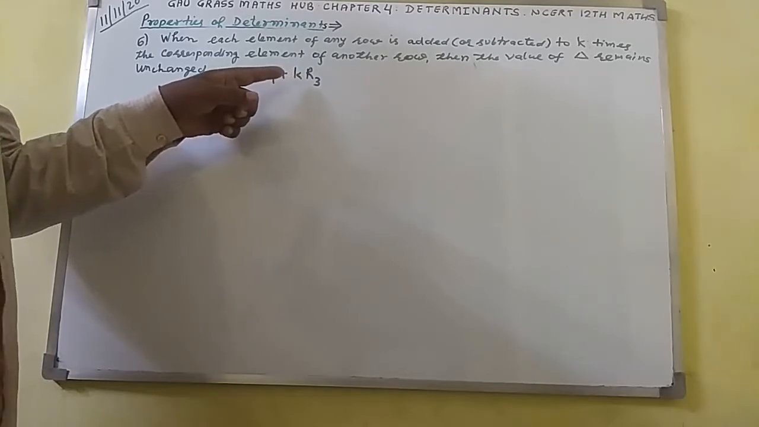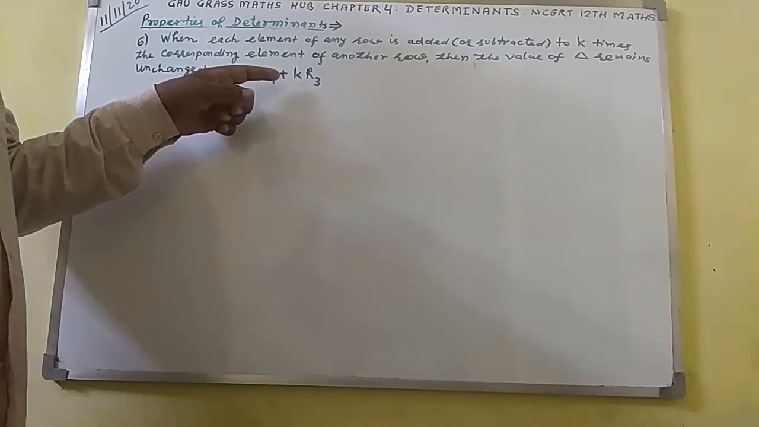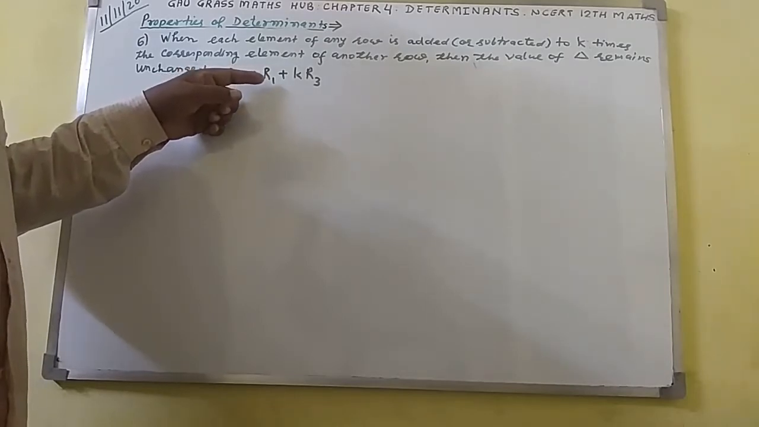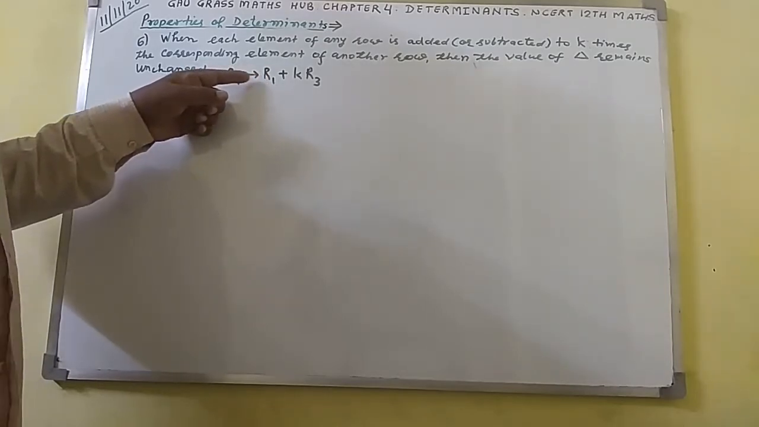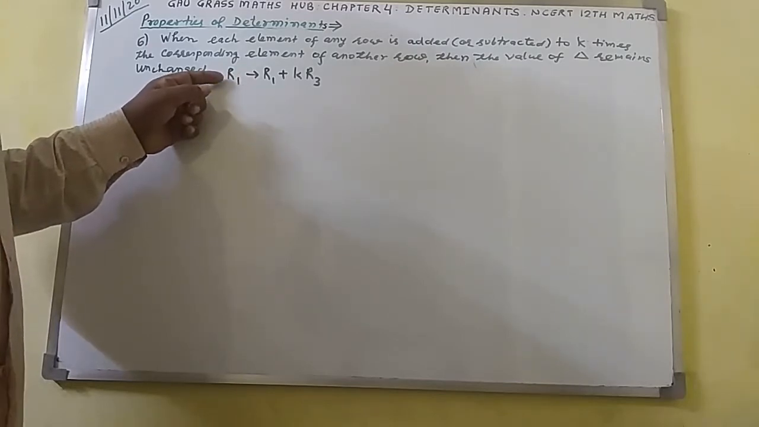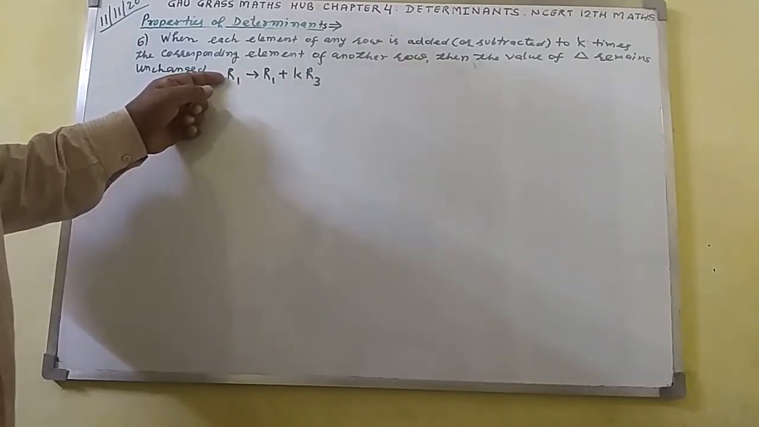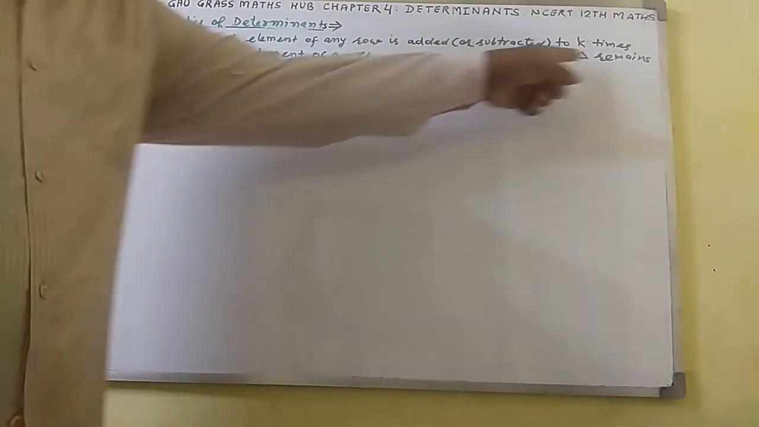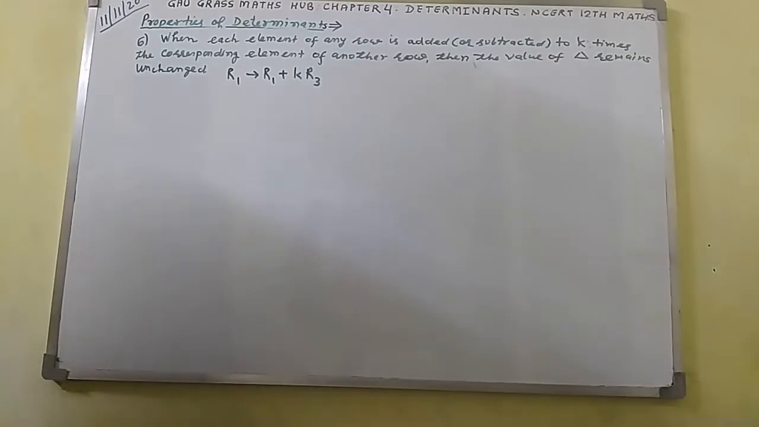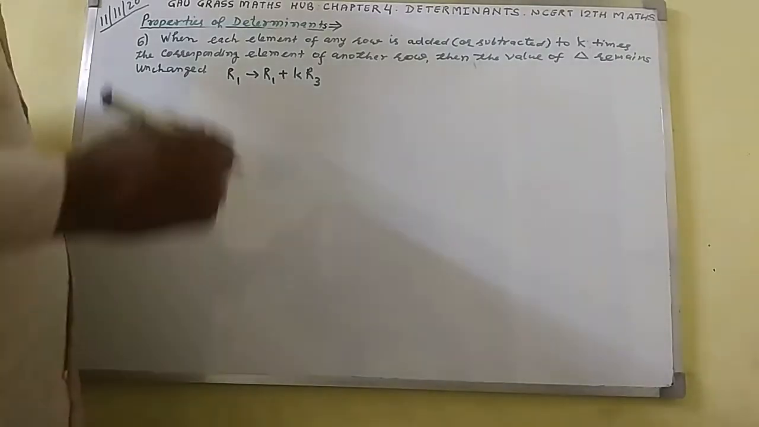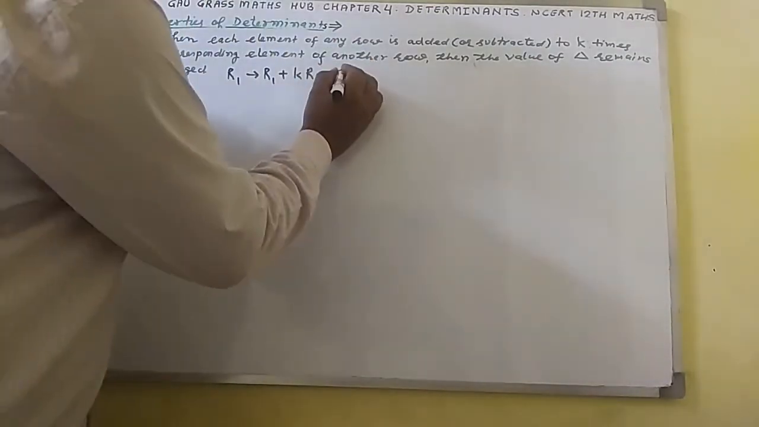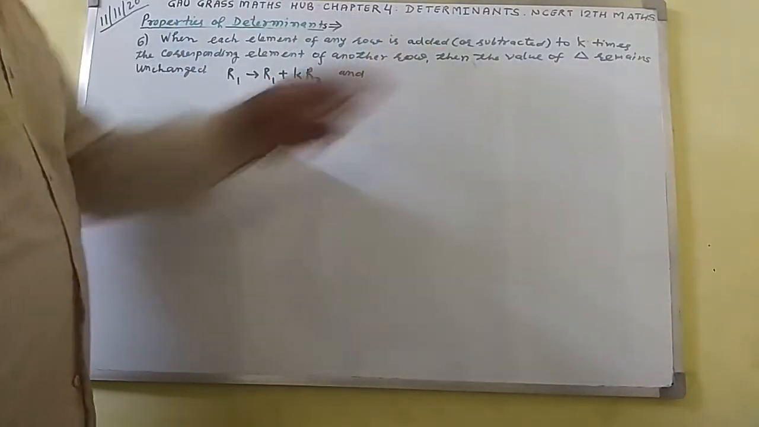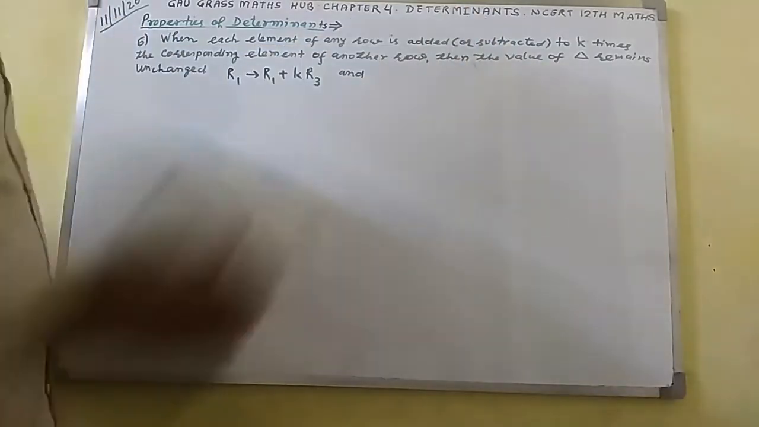Then it is added to the respective element of row number 1. Then that will become row number 1. Changes will occur in row number 1. So in this condition, the value of determinant remains unchanged. Addition I have done here. For subtraction I shall write here